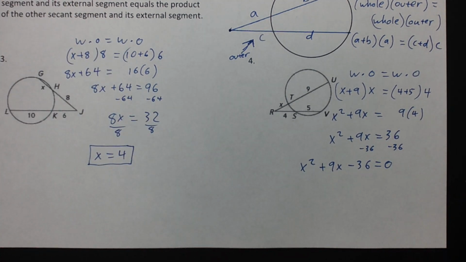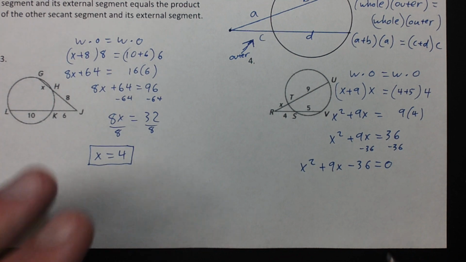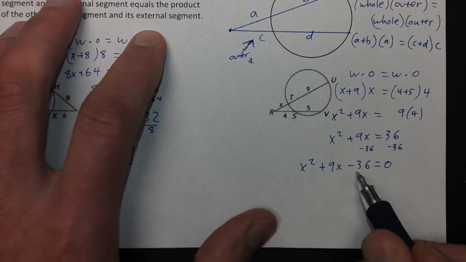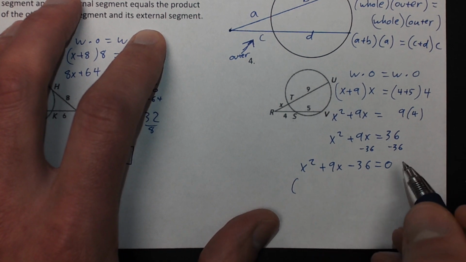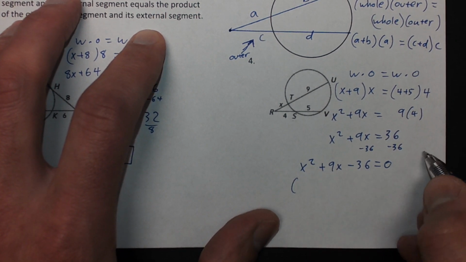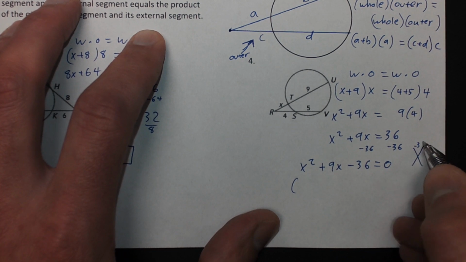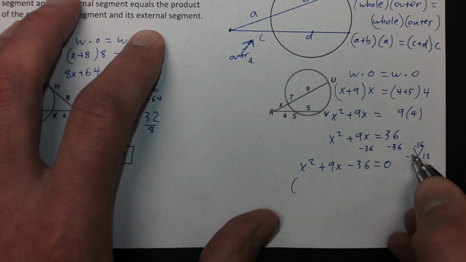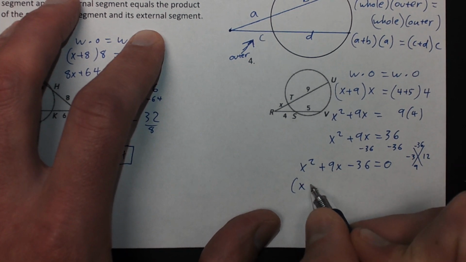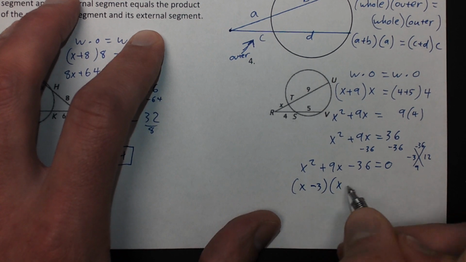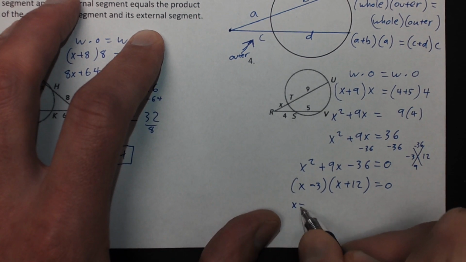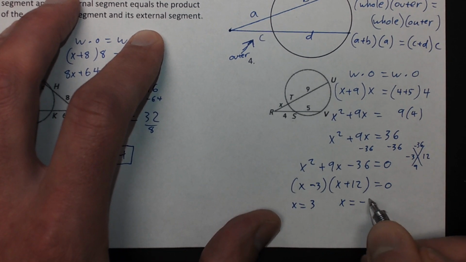And then really, I think this one's probably easier to solve just by factoring. 36 is 3 times 12, negative 3 times a positive 12. So if you do that, you can use your x method, negative 36 and then 9. So that gives you 12 and negative 3. So I'm going to say that x minus 3 times x plus 12 equals 0, which means x could be equal to 3 or x could be equal to negative 12